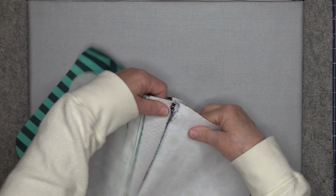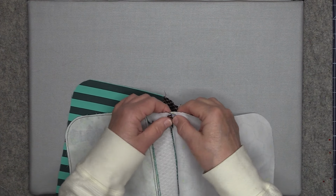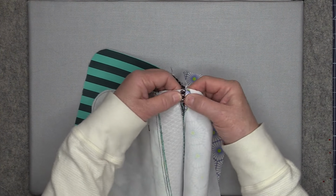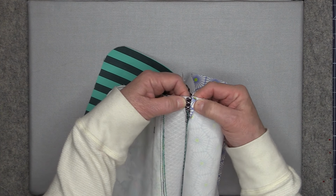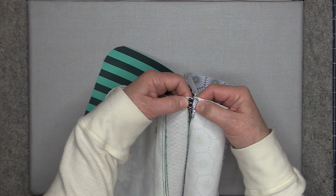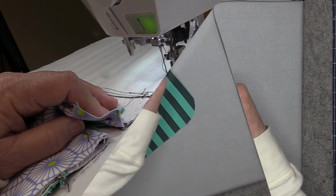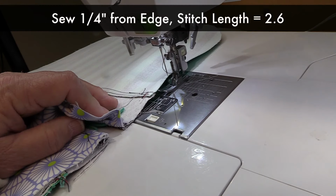After you've pressed open the 4 side seams, you want to run a stitch 1/4 of an inch away from the edge of the pouch over the seams. You will do this for all 4 seams, and stitching over the seam will help hold that seam flat when we sew the pouch together. I'm going to stitch over the seam with a stitch length of 2.6, 1/4 of an inch away from the